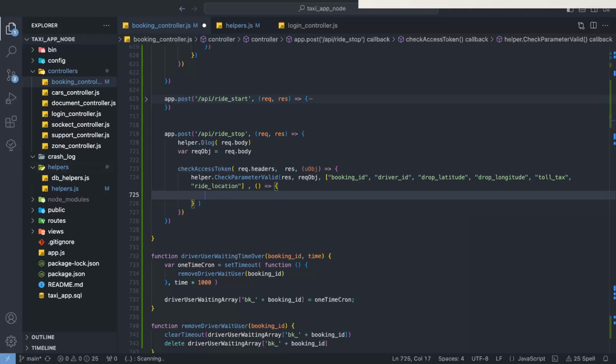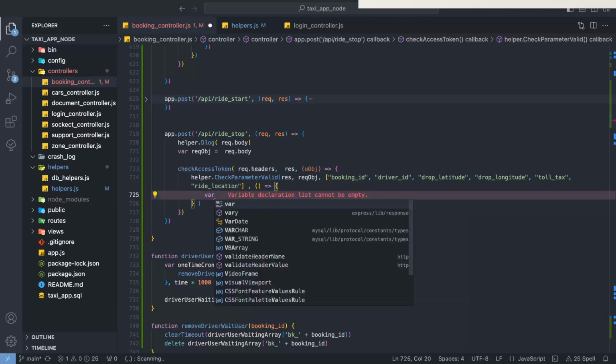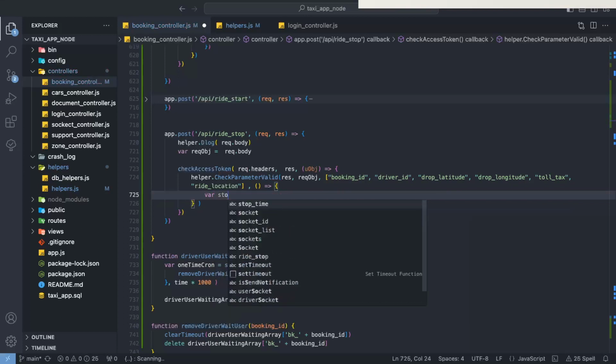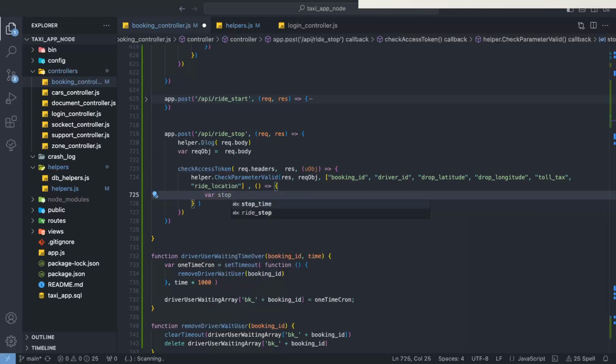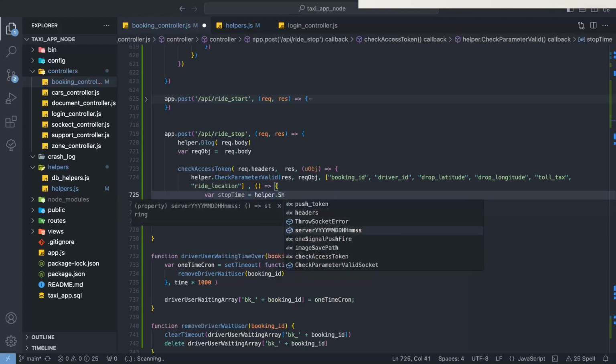And then after, we need to write the more important parts, the brain of these functions. First of all, we need to write the stop time, which is equal to helper.server time in YY MM DD HH MM SS format. We need to call these functions here,